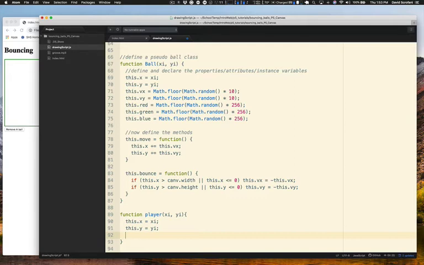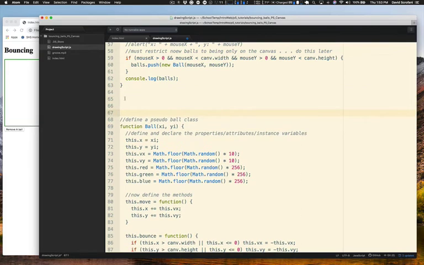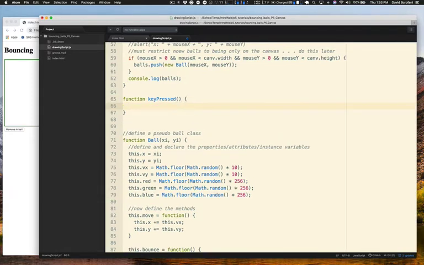Let's see how we would do that. I suppose this is probably not the best way to do it, but again, just in the interest of time, let's go back up here before I start defining my classes, and I'll just say function keyPressed, like so, and inside here we'll say if,